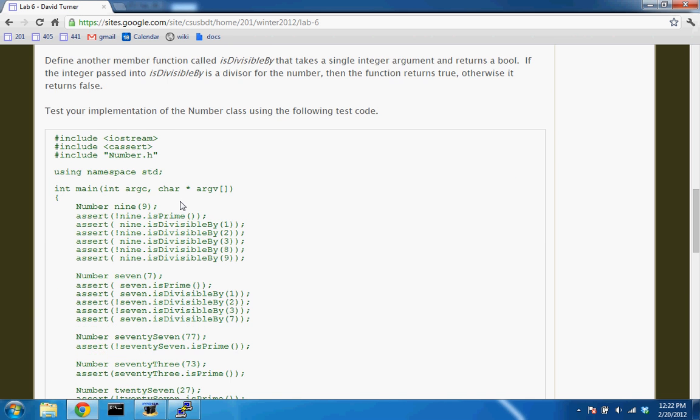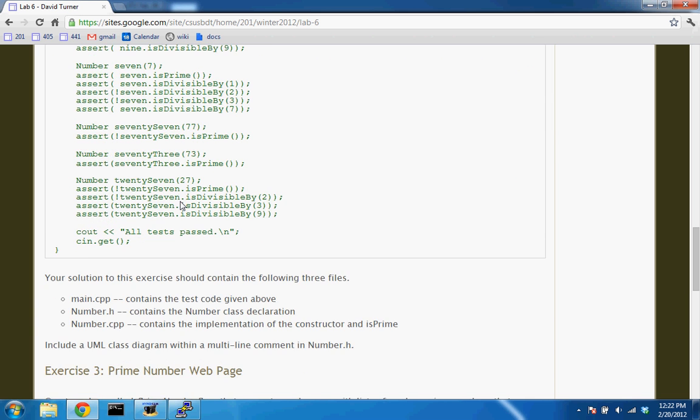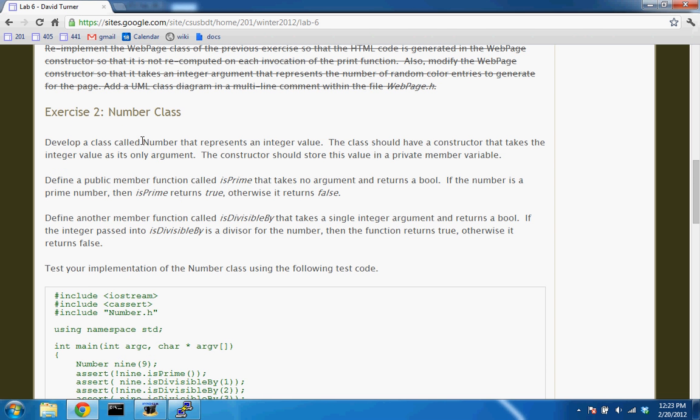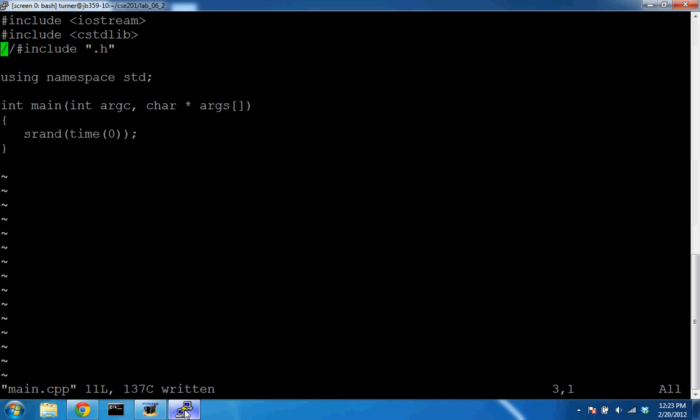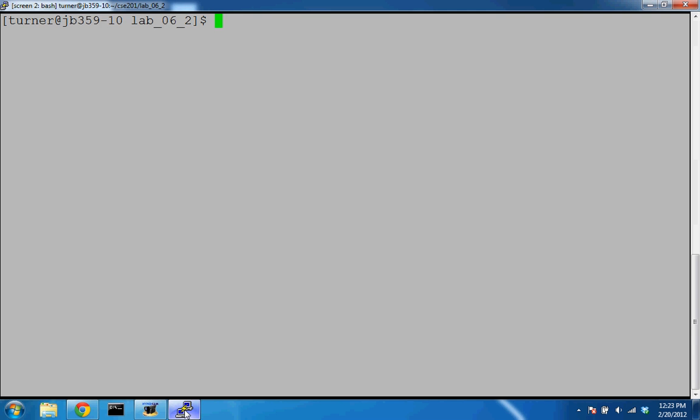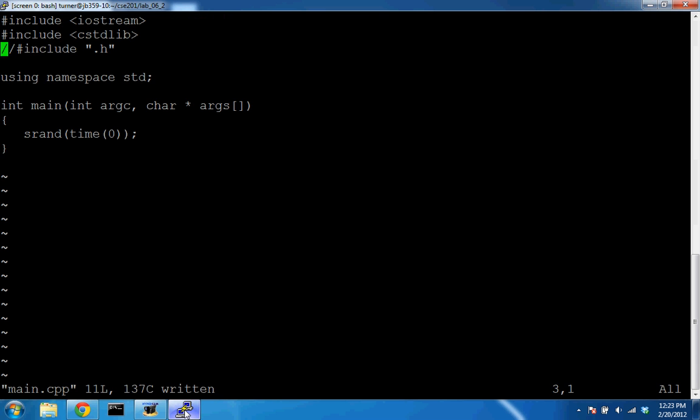Here's the test code to use. We need to create a class, but I want to focus on this part of it, that we need a constructor. So the number class has a function inside of it called number. Let's do that. So I'll have a header file. I think what I'm going to do here, I'm going to show an alternative